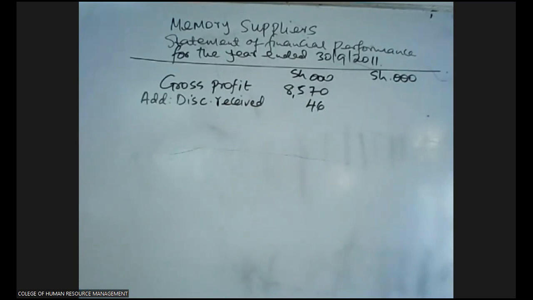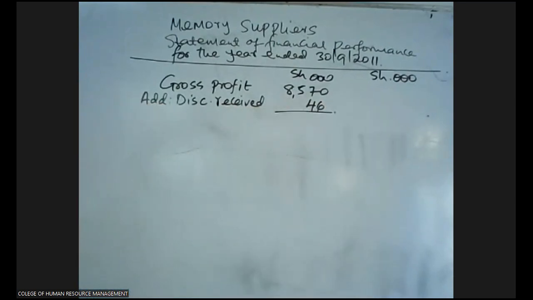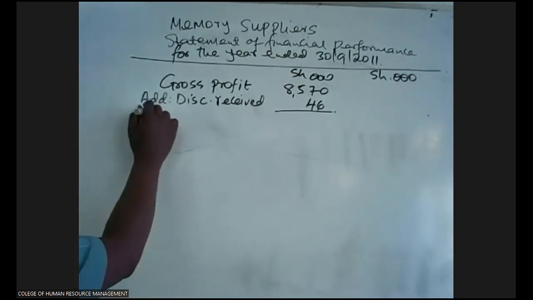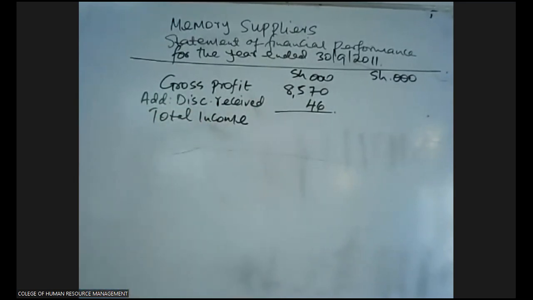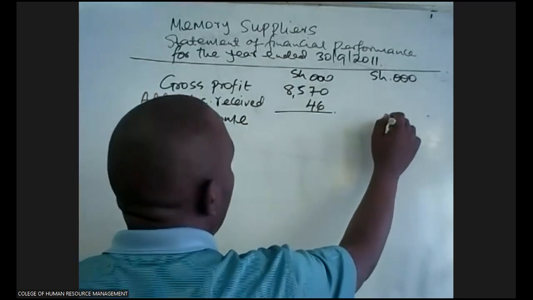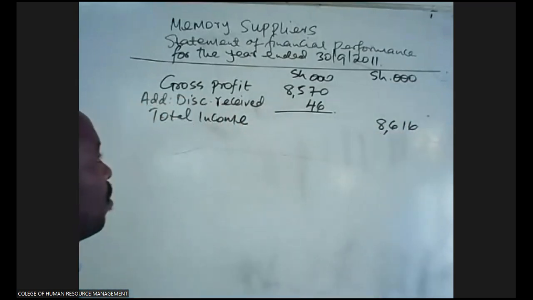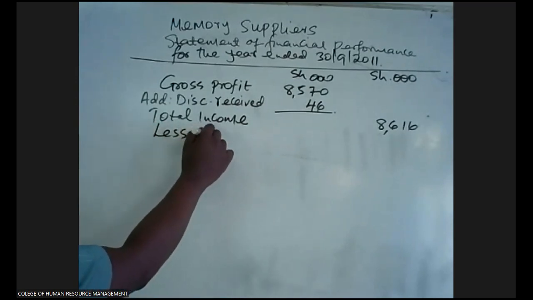Apart from the buying and selling of goods, there is also the discount we received, which normally increases our gross profit. So we shall add that to get total income, which is 616. That is the total income. Then from the total income, now you less all the expenses,